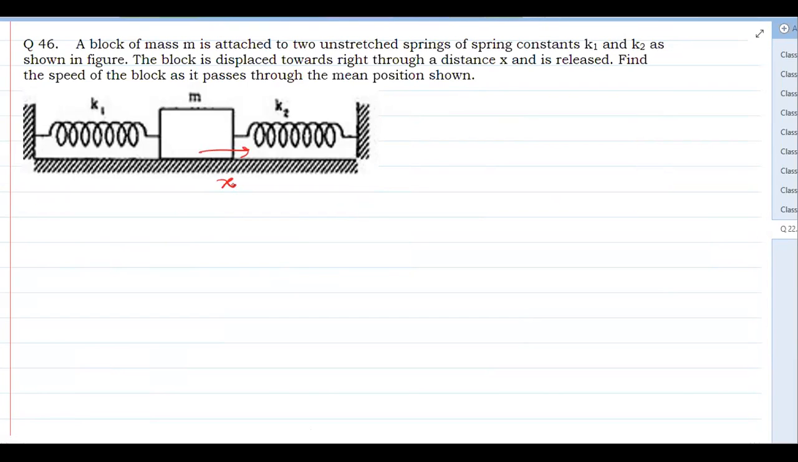Okay. So here also, if it is displaced initially, it will store some potential energy in both the springs. And then if it is released, after reaching the original position, it will lose that stored potential energy, and that energy will appear as kinetic energy of the block. So while relaxing of a spring,